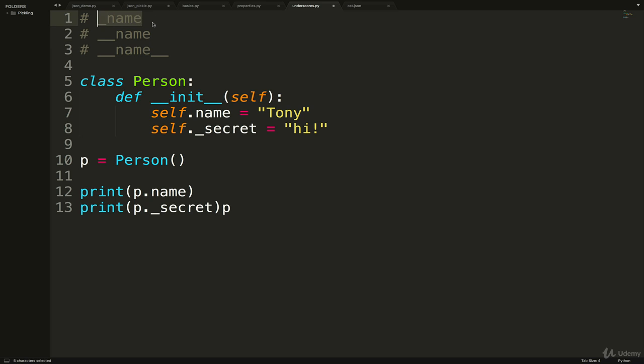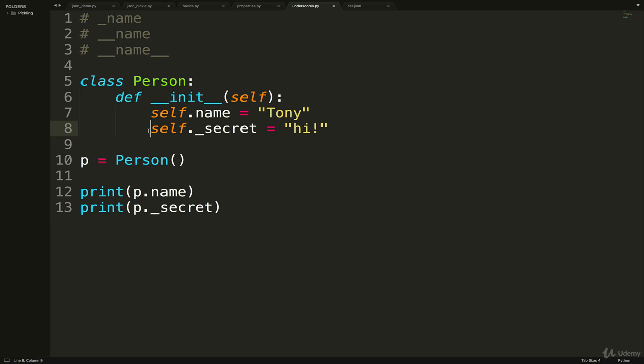This single underscore is simply a convention. It's a way of telling developers, please, this is supposed to be a private variable or a private property or method. There's no such thing as a private attribute or a private method in Python. That's just how Python is. It's how it was created. Other languages support private methods, private properties, or attributes where you could not access them from outside of the class. Usually, though, it's not based off of the name.